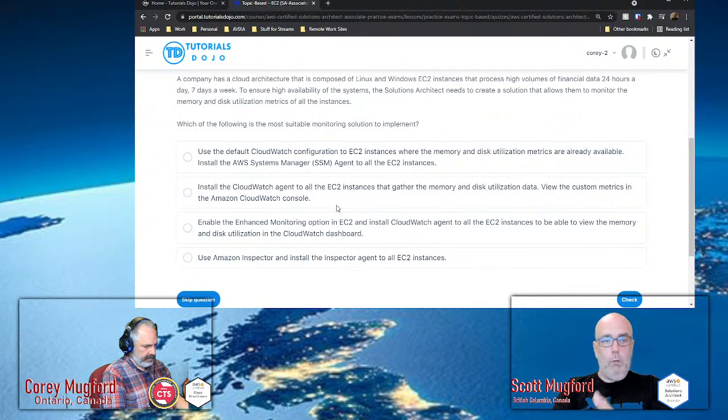The only way to get custom metrics is to install the CloudWatch agent onto the EC2 machine, configure it to grab memory and disk data, and then view the custom metrics in the CloudWatch console. So there's only one answer here, knowing that.